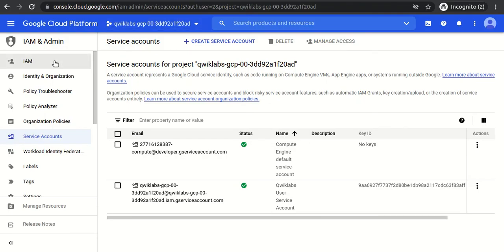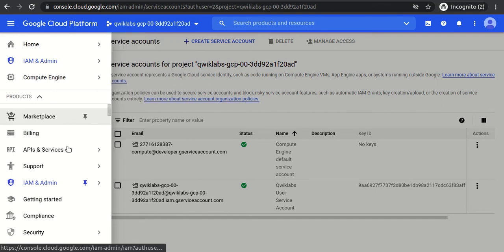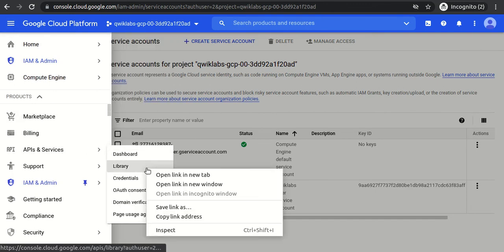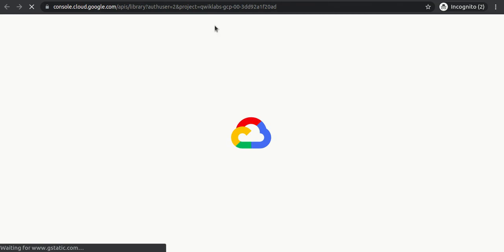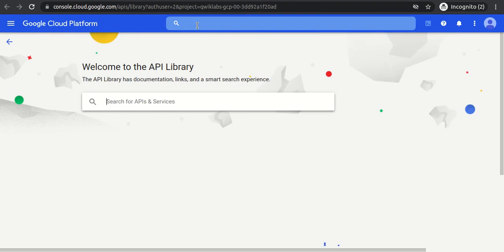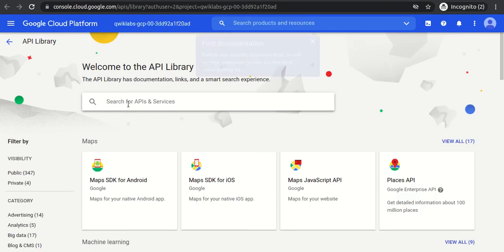If I go to APIs and services, then libraries, and search for the natural language API, you will see it is active.